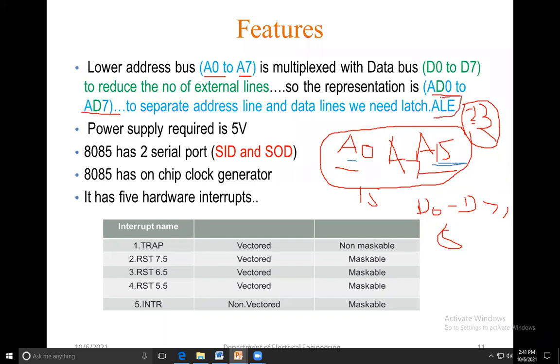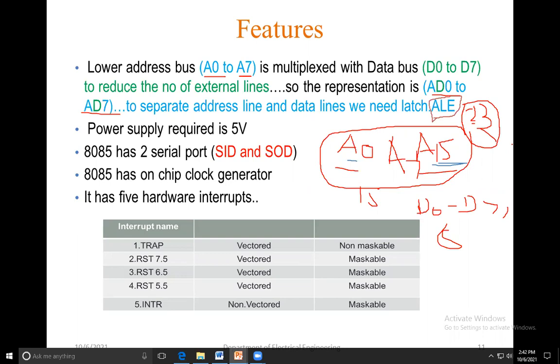See, this is a very important part. This is the ALE pin. The same pin is present in 8051 also. ALE is called Address Latch Enable: A means address, L means latch, E means enable. If this pin is on, what happens? If this pin gives plus 5 volt, or you can say it is high,